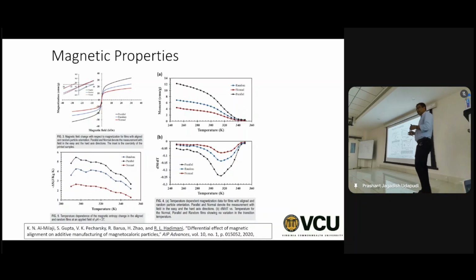Did you look at 3D printing with applied magnetic field or electric field? Where you, or did you study in the class? Did Dr. Somshekhar cover how you can apply magnetic field or electric field or stress to align the, okay. So